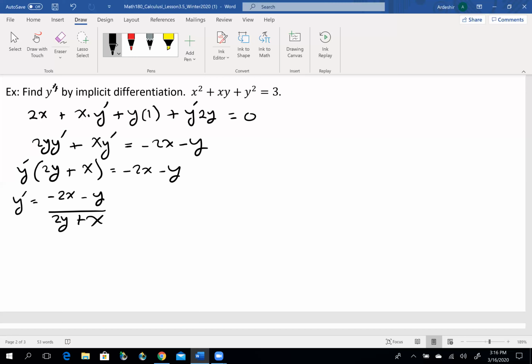So now I'm going to take another derivative of y prime, and it's called y double prime. So negative 2x minus y over 2y plus x, I'm going to take another derivative. So let's do it. So y double prime is equal to, again I'm going to draw a big line. Remember that when we take a derivative of a fraction like this, numerator and denominator, it's going to be 2y